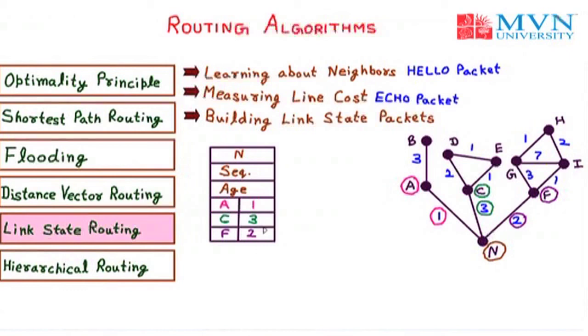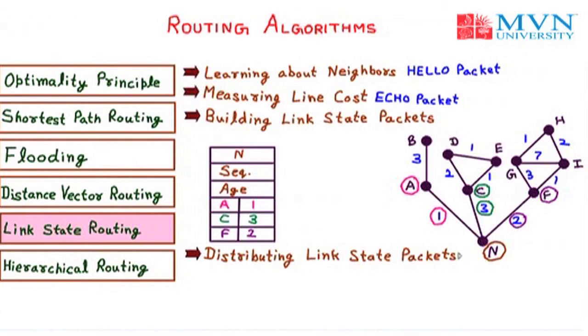Now, after building the table, we have the next step of distributing the linked state packets. This is the trickiest part of the algorithm, in which we distribute the linked state packets reliably. As the packets are distributed and installed, the router getting the first one will change its routes. For that, we will use the basic distribution algorithm. Each packet contains a sequence number that is incremented for each new packet sent.